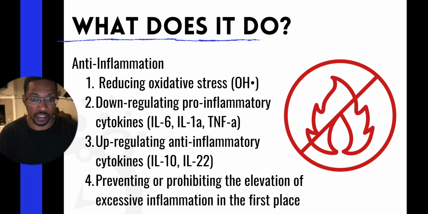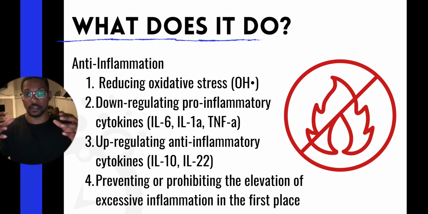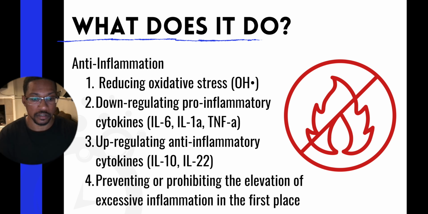Then it can downregulate pro-inflammatory cytokines. Cytokines are communicating proteins that are expressed by our immune cells and things like that. Hydrogen can downregulate these communicating proteins that can cause inflammation, such as interleukin-6, interleukin-1 alpha, tumor necrosis factor alpha. It can upregulate anti-inflammatory cytokines. These are communicating proteins that our cells produce that can reduce inflammation or suppress an inflammatory response, such as interleukin-10